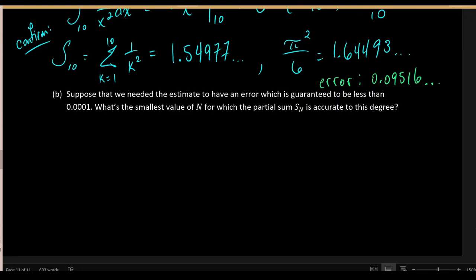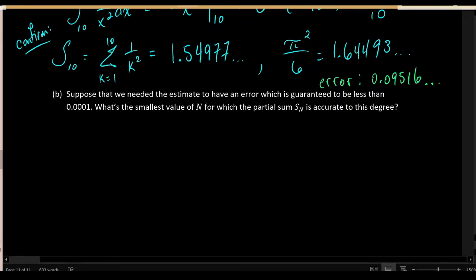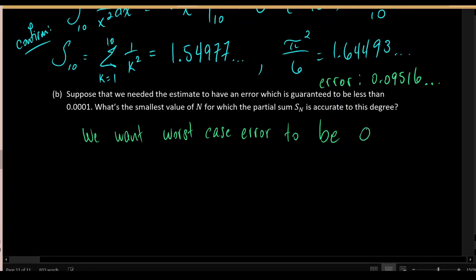Maybe somebody is building a bridge or launching a rocket, and if the error is anything in excess of this value, then the bridge is going to collapse, the rocket is going to miss its mark, and billions of dollars will be wasted. So we want to make sure that worst case scenario the error is still smaller than this